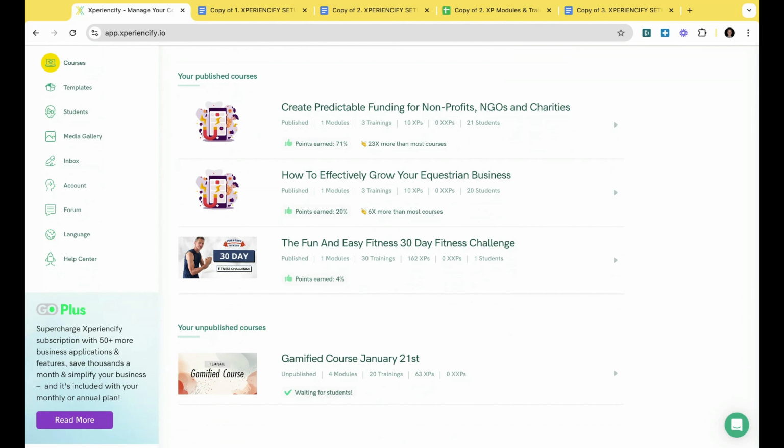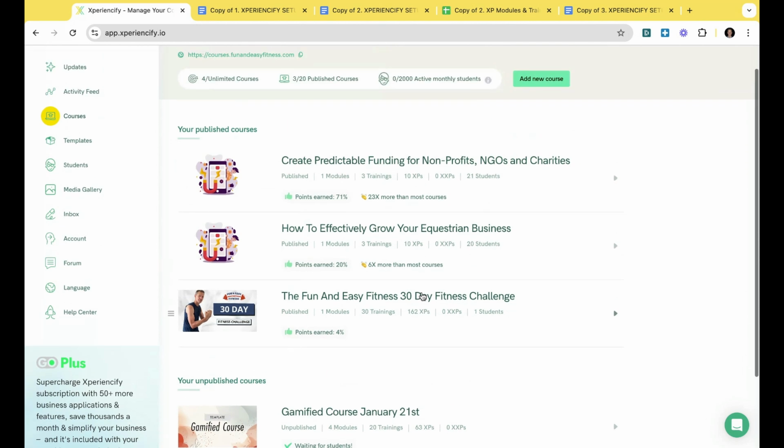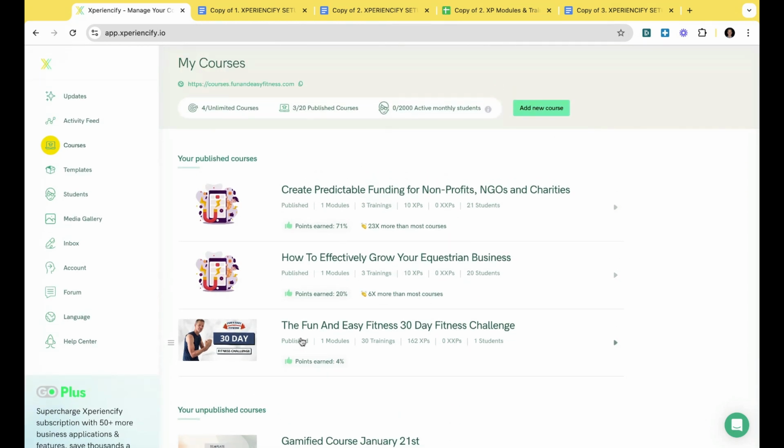Because the platform is there to have a place where we structure and organize your content and put our experiences around it. So the earning points and taking actions and celebrations and experiences, unlocking the dopamine center of your learner's brain. That's what our platform is for. A platform is not really a creative space to build what you want, right? We have lots and lots of tools that can help you with that. But the actual Xperiencify platform itself is a place where you put and structure the content.